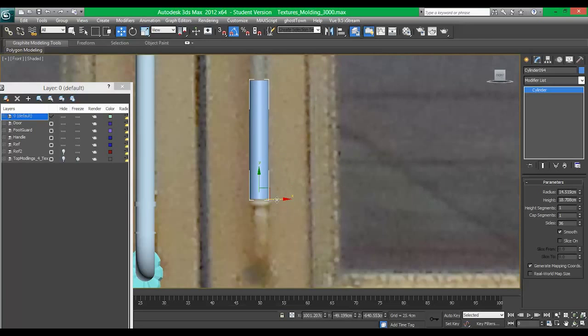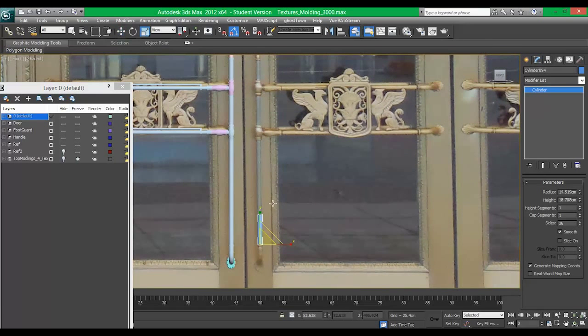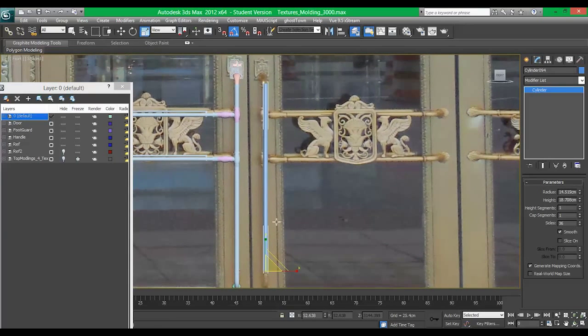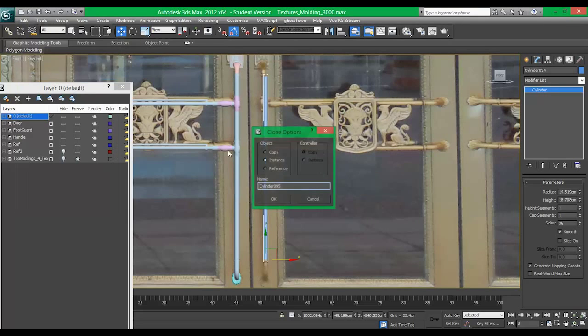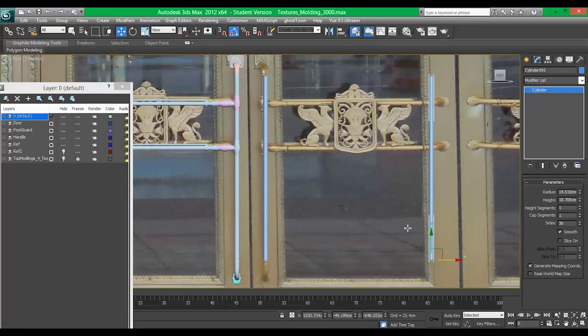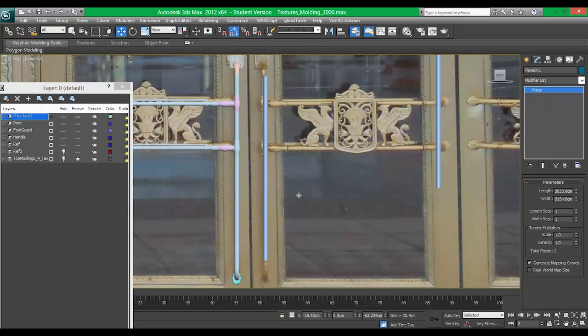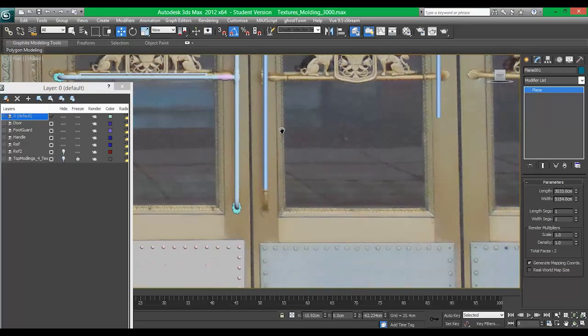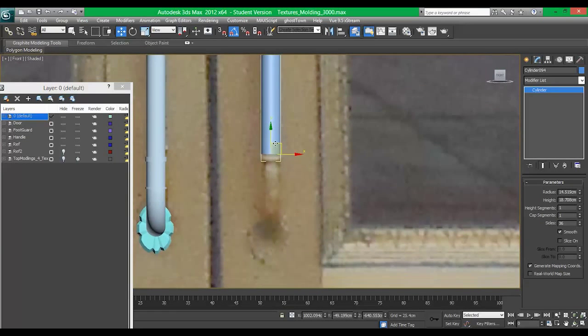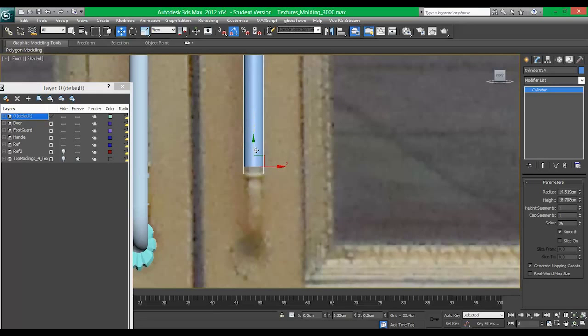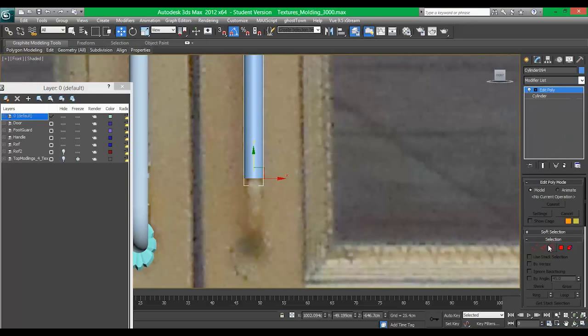and make our first hook or loop. As I scale it up, the reference picture is a little bit slanted, so that's not a big deal as long as we keep our object the right size. We're going to make an extra copy of one here, just place it over there because it'll come in handy later. Once we change this one, we're going to need an exact copy later of some of the other parts. So here I'm just going to move this into place and then make it editable poly, and then